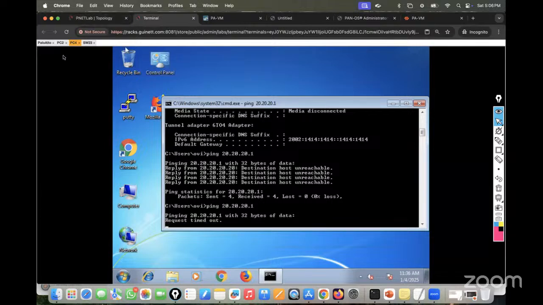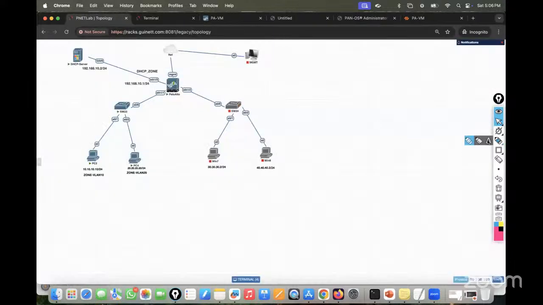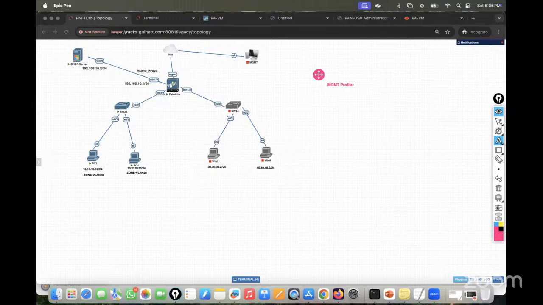So the reason is we have a concept in the Palo Alto Firewall, the management profile. Anyone know? MGMT profile. What is MGMT profile? Any idea? It's a kind of profile where we allow SSH, ping. Yes, absolutely right. So management profile is the feature. By default, again I'm writing here, by default